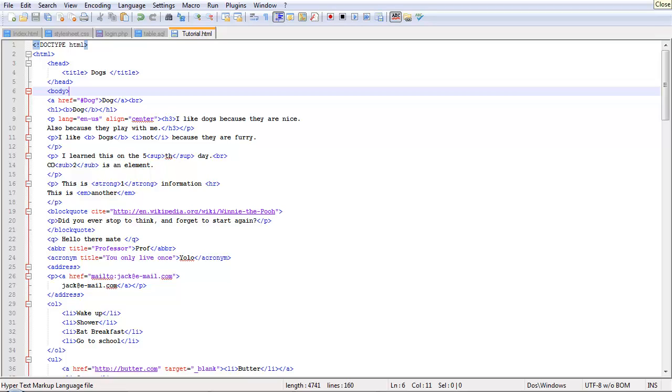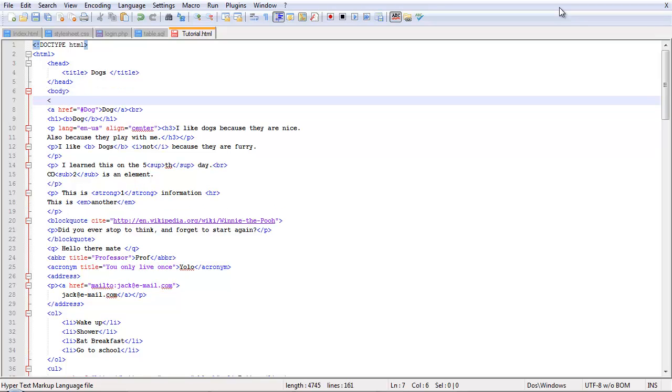And as I showed you, the comments that you could do. So I could say 'start of text' or something, and that would not be seen by anyone else but the person or whoever is looking at the code. Next thing is